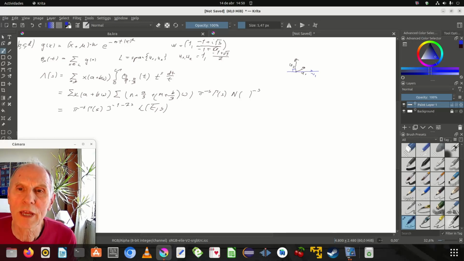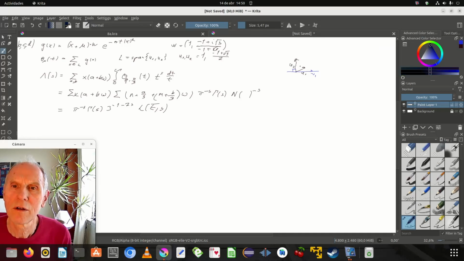So now if we call the angle between the two, let's make that black, theta,